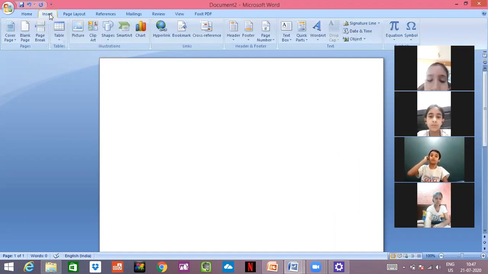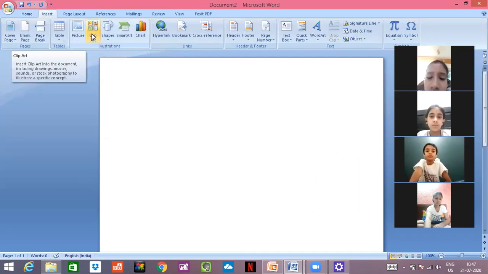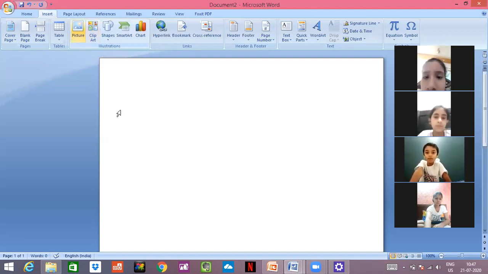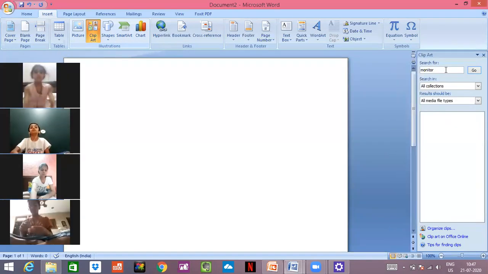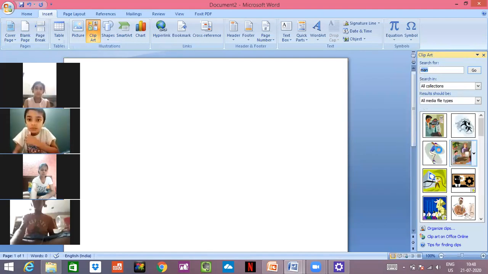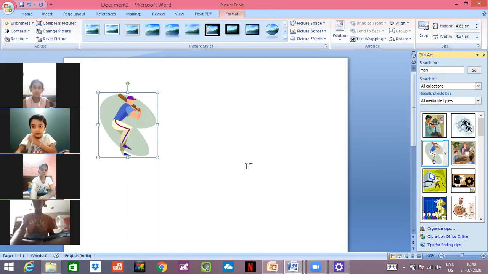You have to click on insert. Here you have got clip art and pictures. You have two different options. Clip art means you can select the pictures. You can see this tab coming, the navigation pane, here on my screen, and I want a picture of a man. See, I have written clip art man. Go. I have searched it, and if it will search, then see, man clip art is there. I'll click and I have inserted it from clip art.